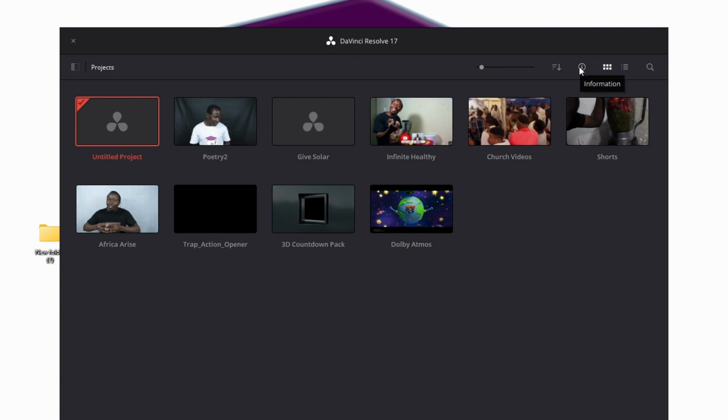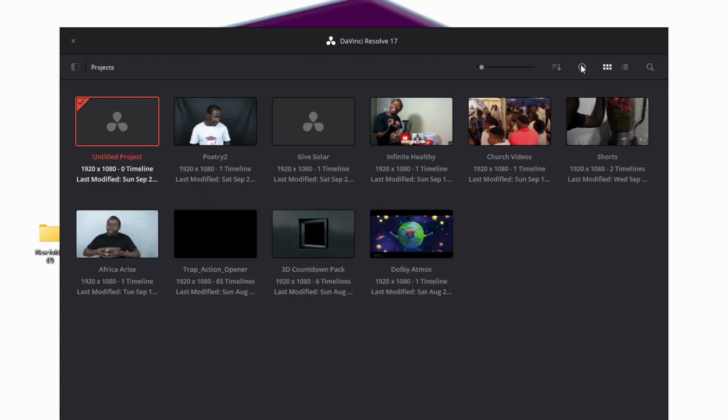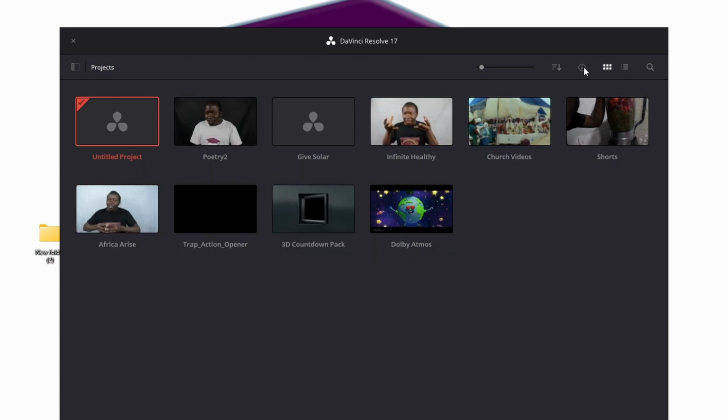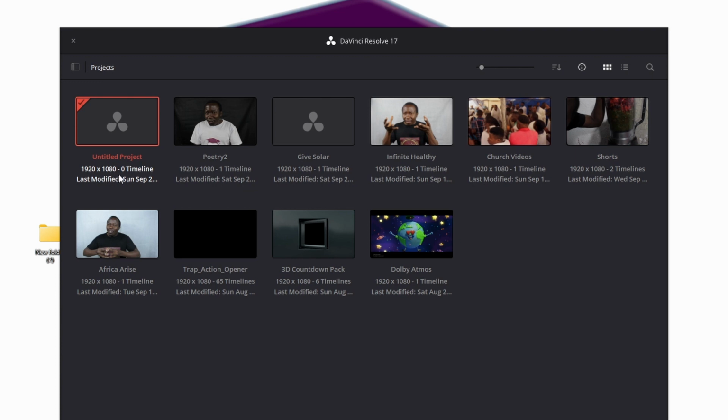If you hover over here, it says information. If you click over here, it will tell you about the date modified, the name of the project, and the timeline, for example if it is 1920 by 1080. We are going to talk more about all those things, but this is what it is. I may have forgotten something during the installation, but what you do is,